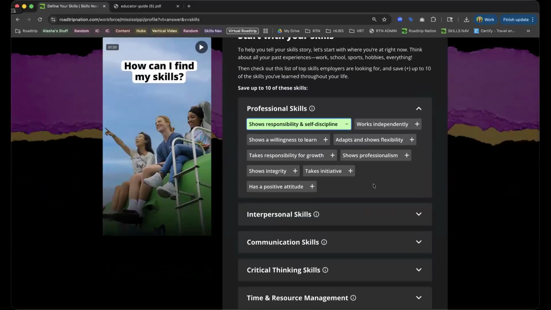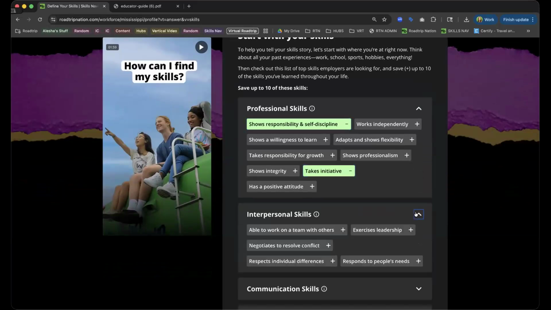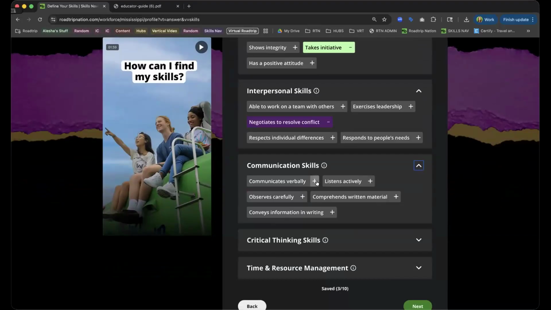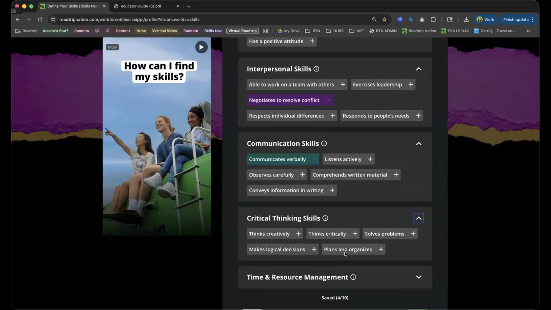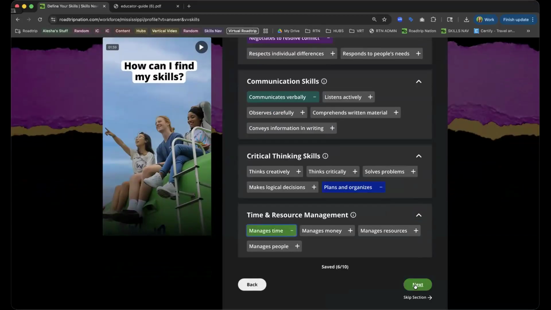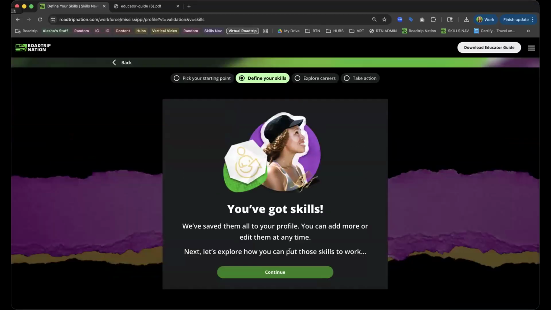So we allow them to go through and select those. We'll just click a couple here for demo's sake, and then we'll go on to step 3,